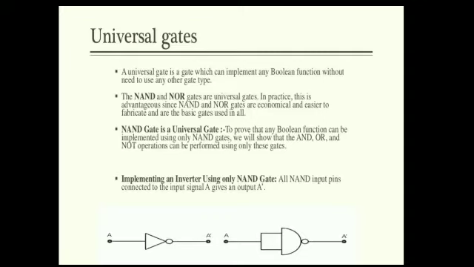We can say that with the help of NAND gate itself, we can create the NOT gate, AND gate, and OR gate. Those are the basic gates of the circuits. If we can develop the functionality of the NOT gate, AND gate, and OR gate, that means we can develop any circuit that exists in the world with the help of NAND gate itself. And that's why it is known as universal gate. For the NOT gate, we tie the inputs together and we get the output as NOT gate.